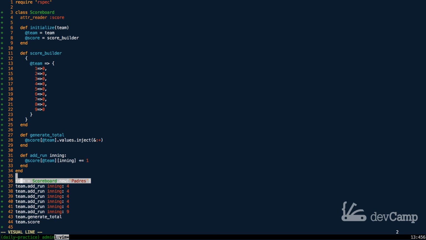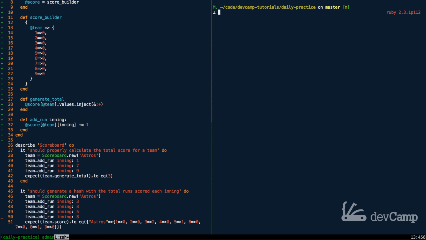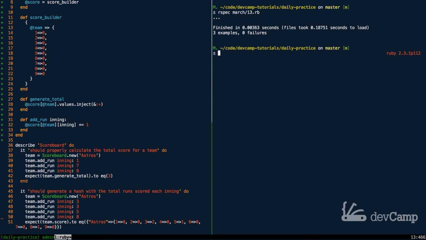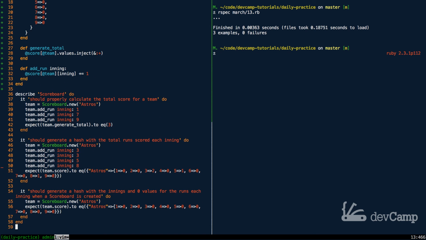Let's come down here. I'm going to delete this output, and I'm going to open up the test. I'll run them here on the right-hand side. This is for March 13th. So if I run this, I should have 3 examples that are all passing, and they are. So very nice. This was a much longer coding exercise than normal, but I wanted to give you a good